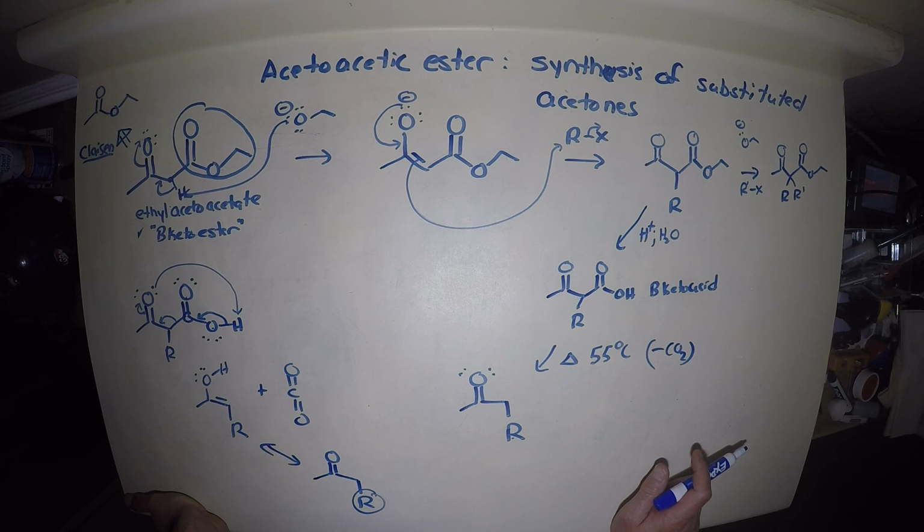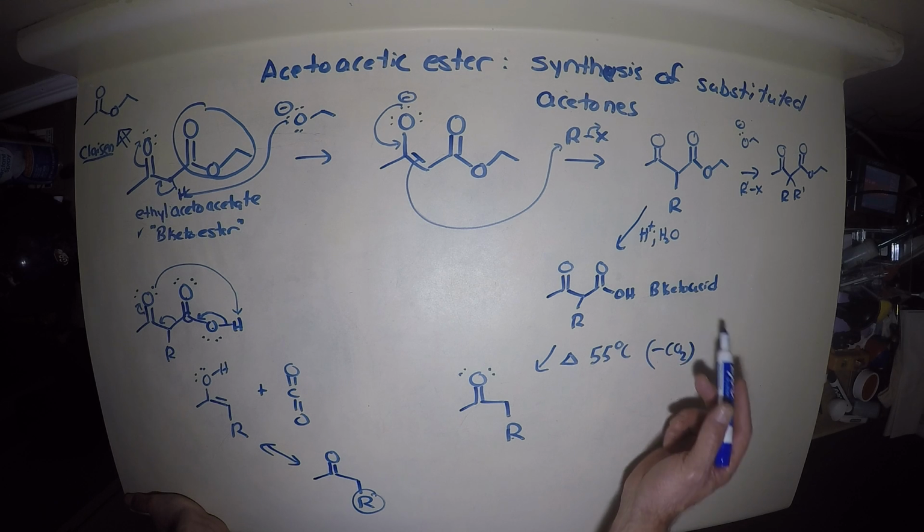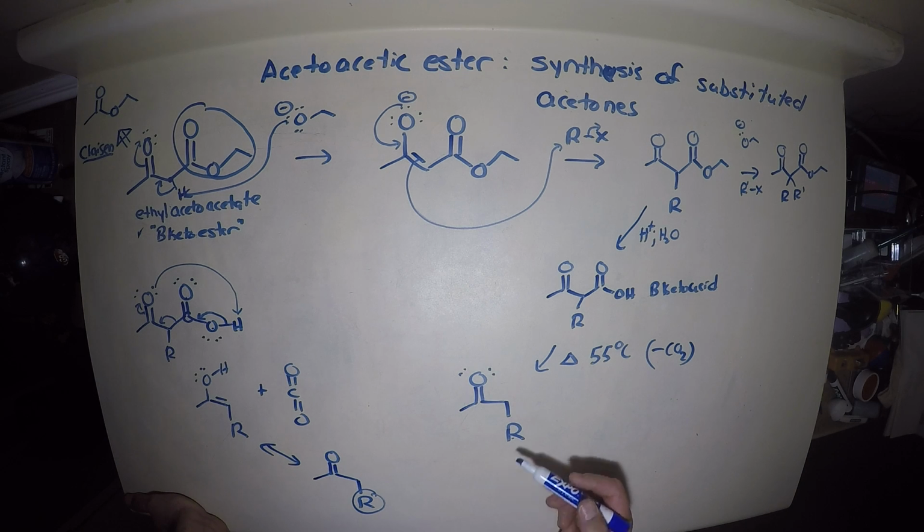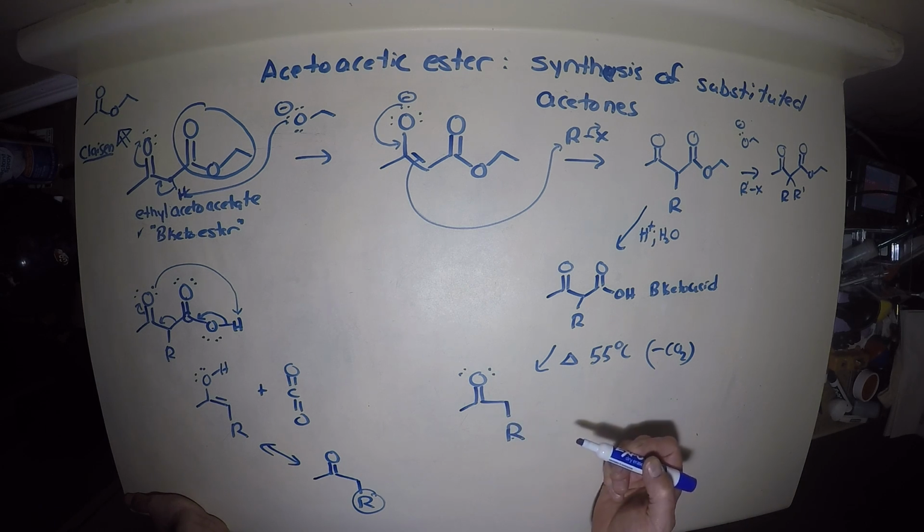And then lastly, the ester can be hydrolyzed in acid to the acid. And since it's not just a normal acid, but a beta keto acid, these are prone to decarboxylation to give us substituted acetone. This avoids using a strong base